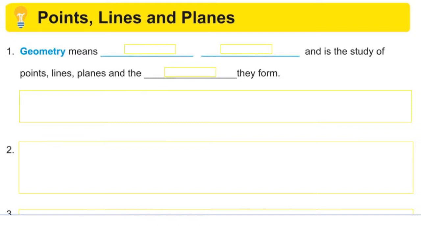All right, let's talk about geometry. So we're talking about points, lines, and planes today. And first off, just general definition, what is geometry? When you think about geography, those kinds of things, you should think about the earth. So geo, and then the metry is measure. So geometry means earth measure.